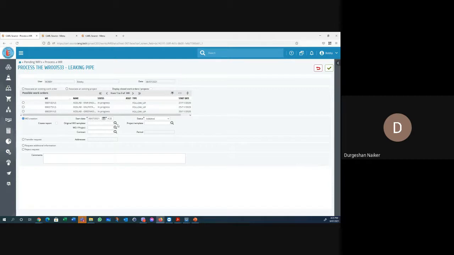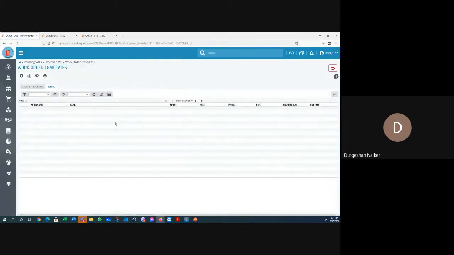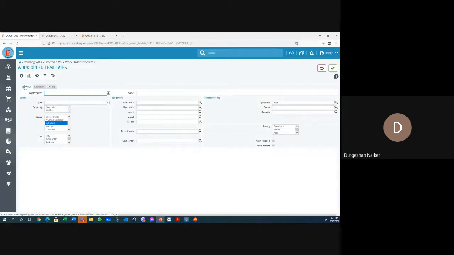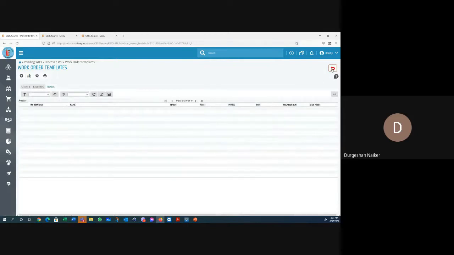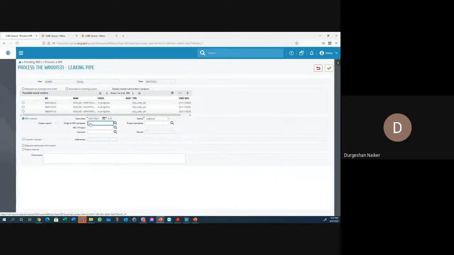I can also pick up any of my existing work order templates. If there are work order templates, I can pick them up and simply use that, which means I don't have to type a lot of things. But if it is a breakdown situation, then obviously you don't have a defined work order template. You may have to type your own operations. So we'll take it as a breakdown case, with no work order template, and we just tick this, which means